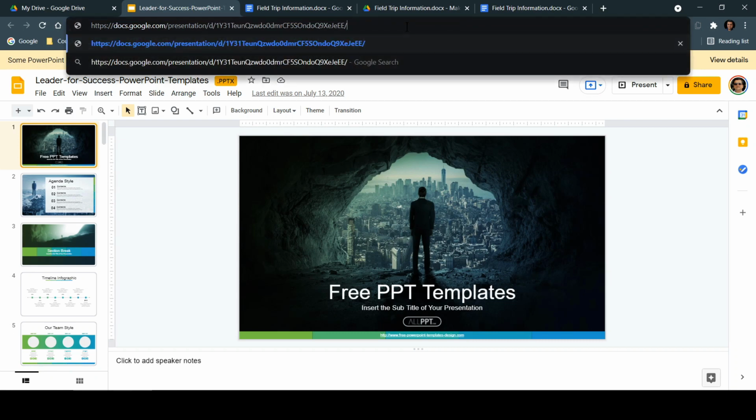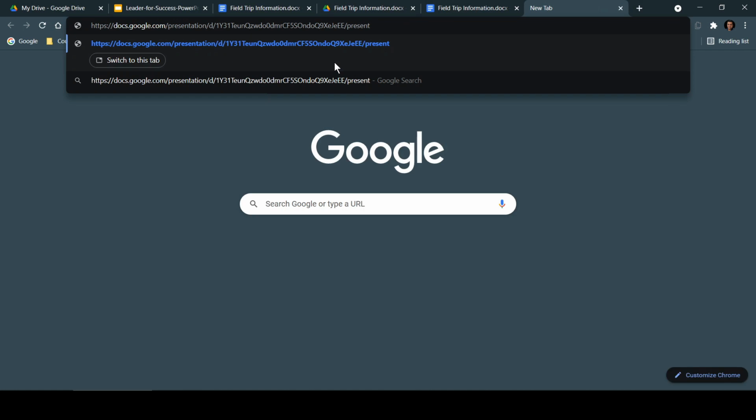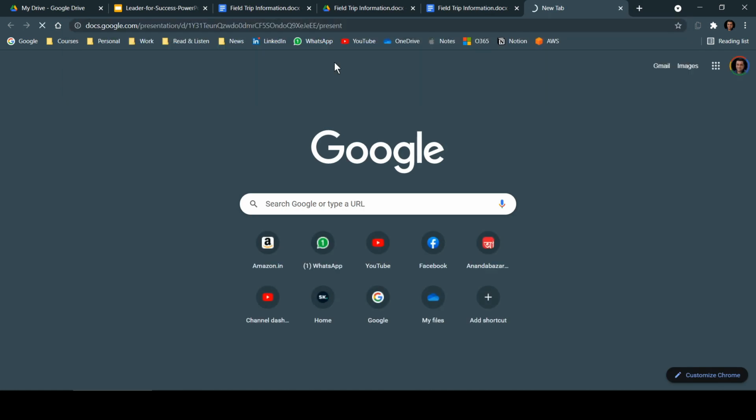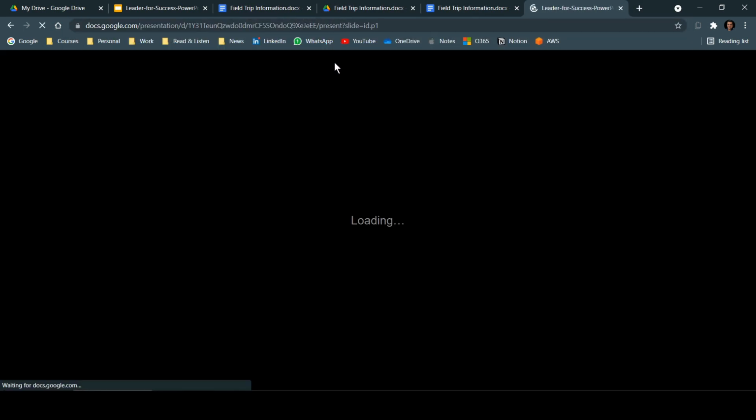If I delete that and type present, copy this entire text and paste it in a new tab, and hit enter, now it will open in presentation mode.